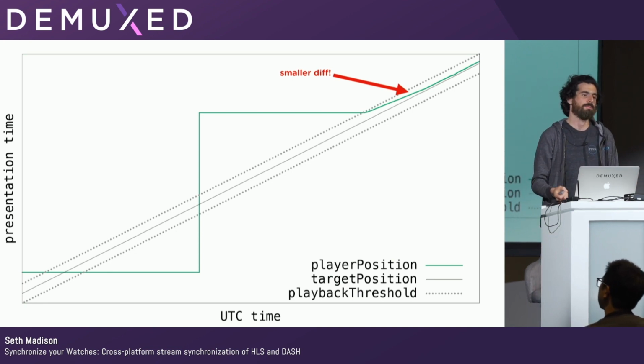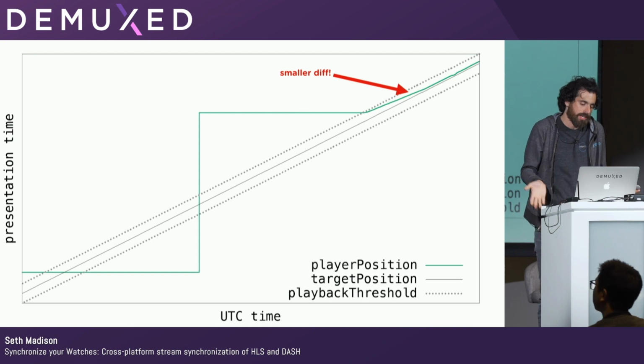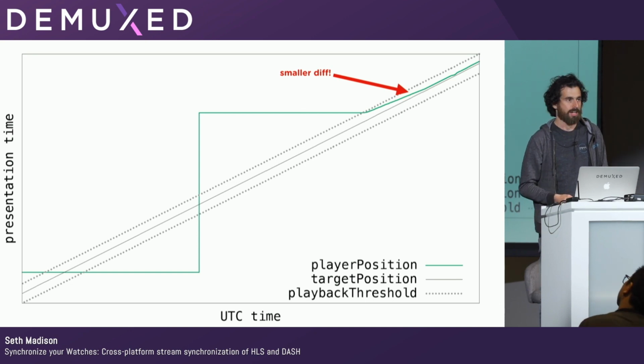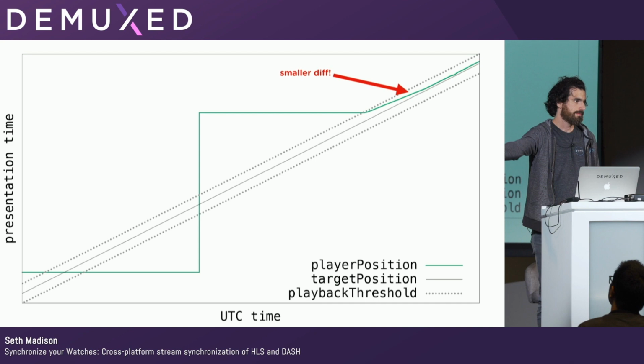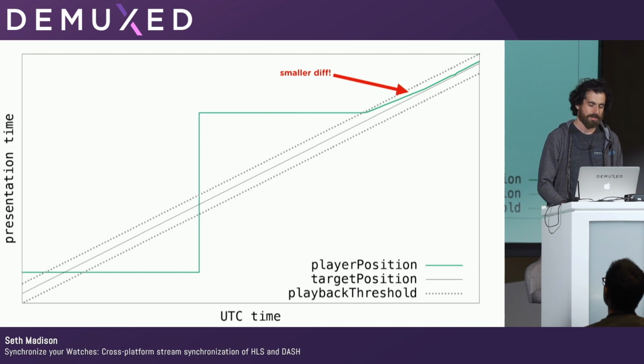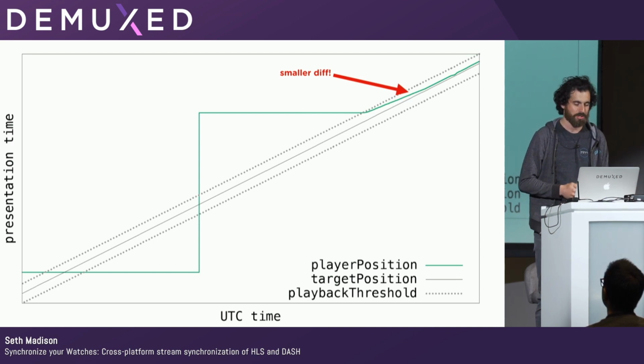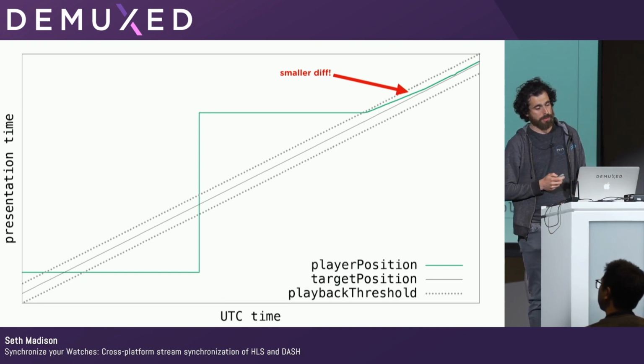One note, I'm sorry to keep picking on Roku, but not every platform offers playback rate controls. Depending on the platform that you're trying to implement this on, depending on the player, you might have to just seek ahead really far and then pause for a while and wait for the target to catch up. But maybe if there's someone on the Roku team here, they can make a push for playback rate. All right, so